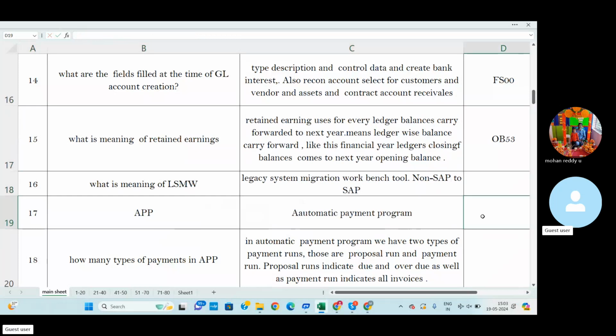For example, take a manufacturing industry. Previously, the manufacturing industry used software and ERPs for all its finance-related information, like Tally, Oracle, or other ERPs.